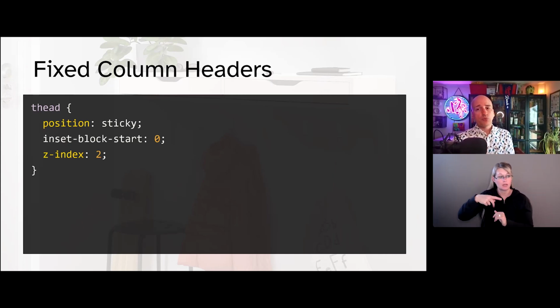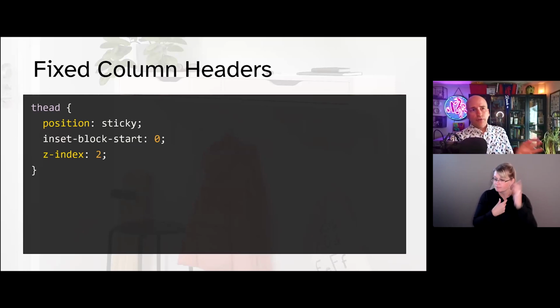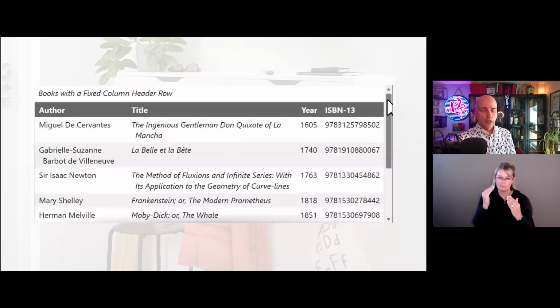But that won't do so well for non-horizontal languages. So the style I use instead is inset-block-start 0. Set the z-index, adjusting as appropriate based on what other z-indices you have on the page. And then this slide I covered after the row headers slide because the higher z-index ensures that it lives above any rows. Otherwise, you're going to get some weird and unexpected overlaps.